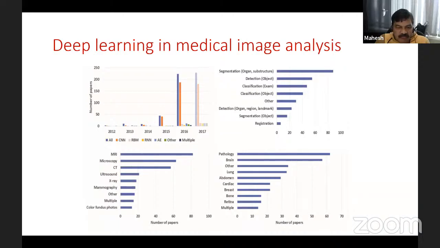Here orange color indicates the CNN. There are various models we are going to see, and one of them is a CNN. Most of the papers use the CNN model, a little bit used RBM, then RNN, which means recurrent neural network, and autoencoders, very few papers, and others. So CNN has been used widely, and if we consider the anatomical regions,